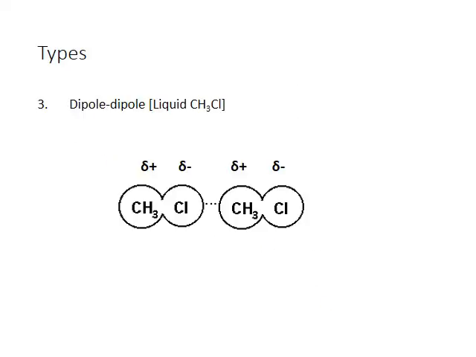Here we are going to discuss dipole-dipole intermolecular force. So you must have a polar molecule like methyl chloride. Methyl chloride looks like this, CH3Cl. And carbon is less electronegative than Cl, so there is a pull of electrons towards Cl because Cl is more electronegative. And that gives rise to a negative end and a positive end. And that's what we are showing you here.